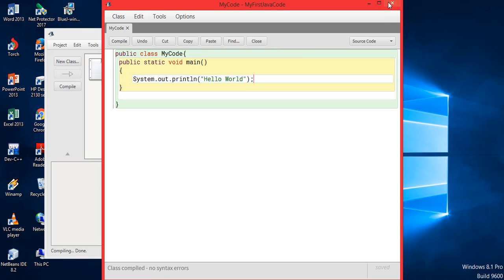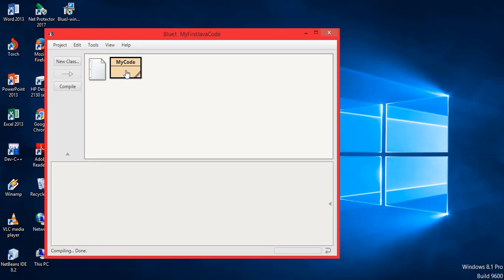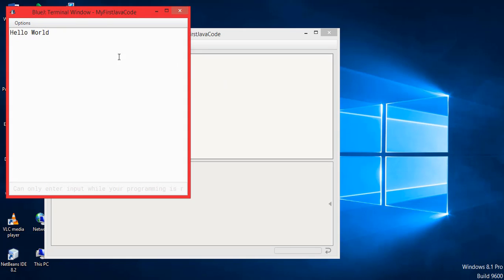So now let's go back. Once your code is compiled, you'll realize that the slashes have gone now. So it's ready for execution. How do you execute or run the code to see the answer on the screen? I'll right click here. I'll click on this void main. And this is the answer on the screen, that is Hello World. So we successfully created a basic program using BlueJ.